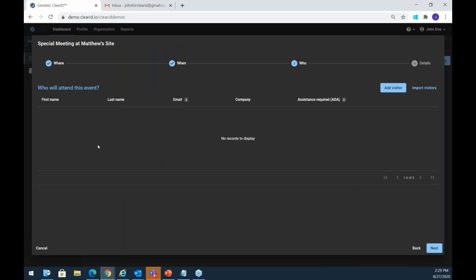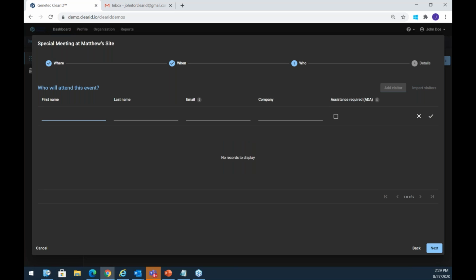And this is where we add our visitors. So another bonus is you can add all of your visitors into one single event at one time. You don't have to do each one individually. You can actually just keep clicking on this add visitor button and add multiple visitors. In this case, for demonstration purposes, we have John's friend, Bob Marley. He's going to be a part of this meeting here. And we're going to put all of his information in here. And he is part of the company. And he does not